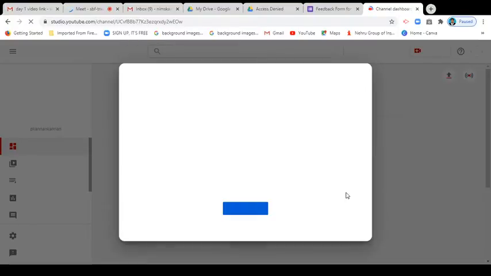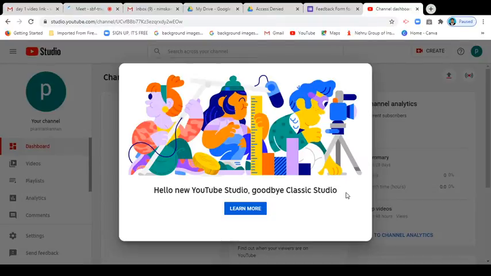In YouTube Studio, you just enter your mail ID and password. It asks 24 hours to activate your channel. Then only it will create your channels.